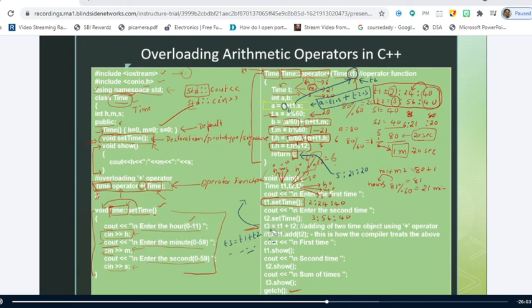So t is equal to t3. That's it. Now I am going to print the output: t1 dot show, t2 dot show, and t3 dot show. So here we will get the output as 2, 24, 40, and this I will get as 3, 56, 40, and here I will get as 6, 21, 20. Is it clear up to this point?